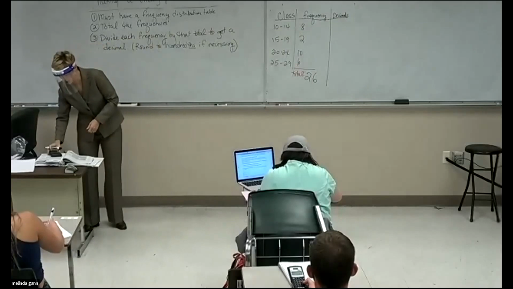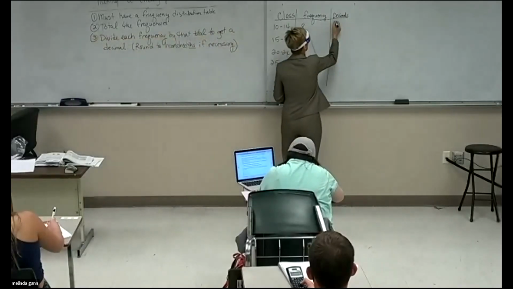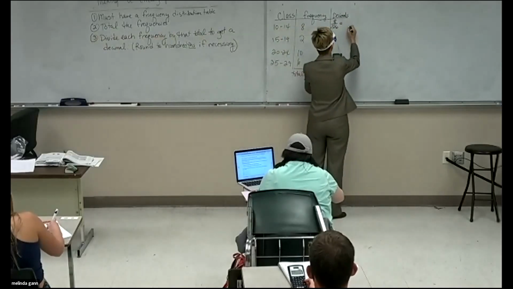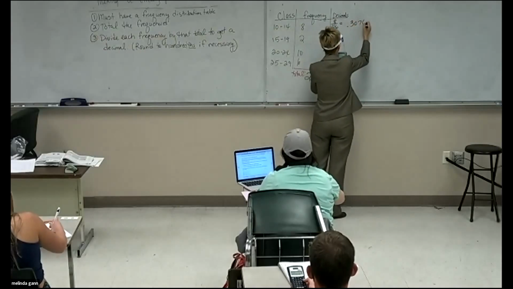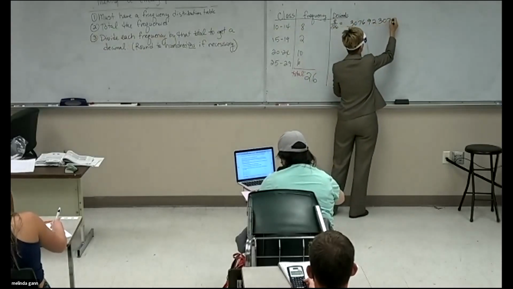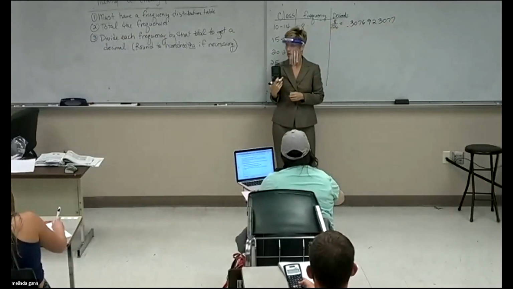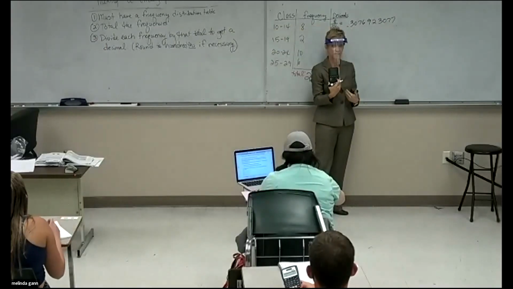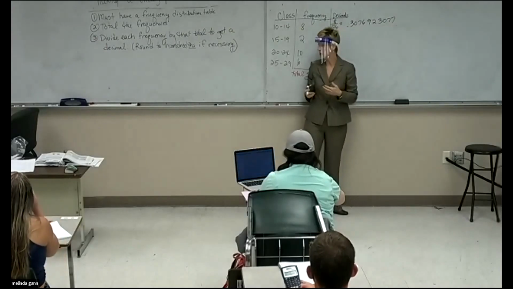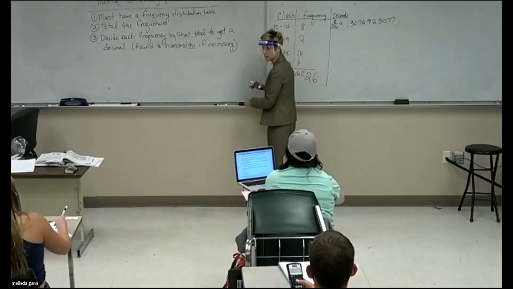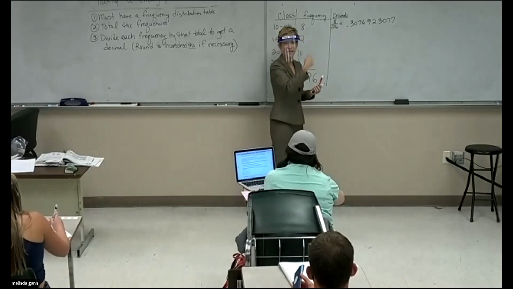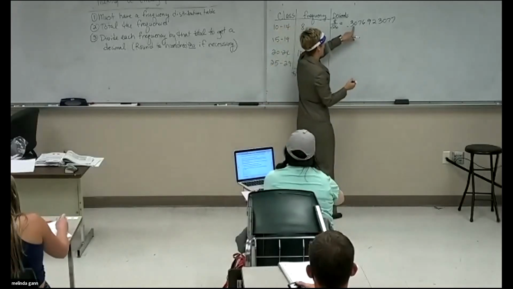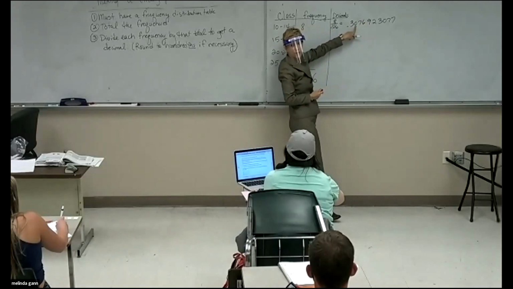Now, when I took 8 and divided by 26, I get this number, and I'm going to write it: 0.30769230077. I got that big long number on my machine. Do we understand, first of all, this number doesn't really chop off here. The machine just ran out of space. But I told you to round it to the hundredths. Is everybody okay? Now, what column is the hundredths? How many numbers past the decimal to the right is the hundredths? 2.